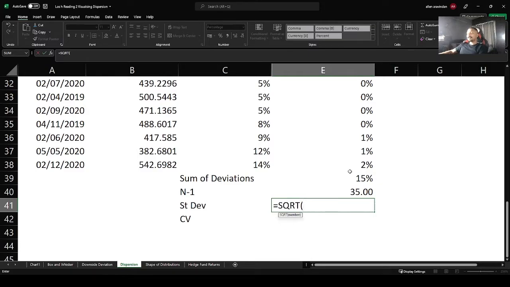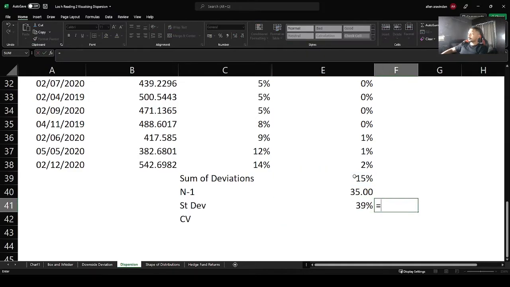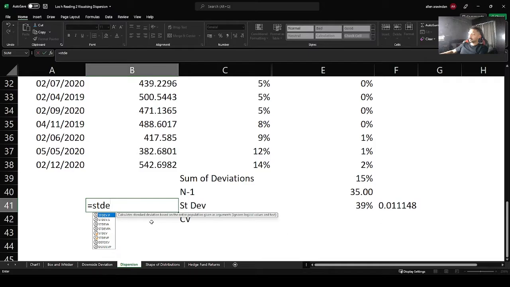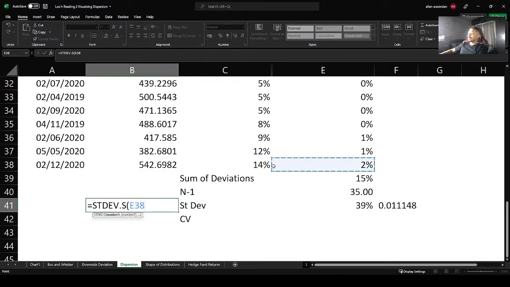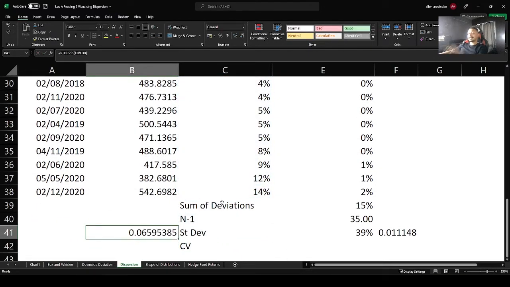We want to find the square root of the sum of squared deviations divided by the number of observations, which is what the formula says. You have to be very careful here about what you are taking the square root of. The deviation comes up to be 0.1114. To make sure we are doing it correctly, I will also use the ready-made standard deviation formula and see whether we get the exact same answer. You can see that the answer is 0.65, or 6.5%.